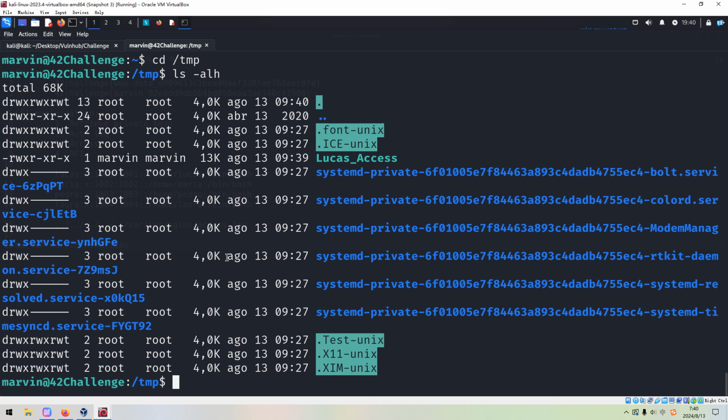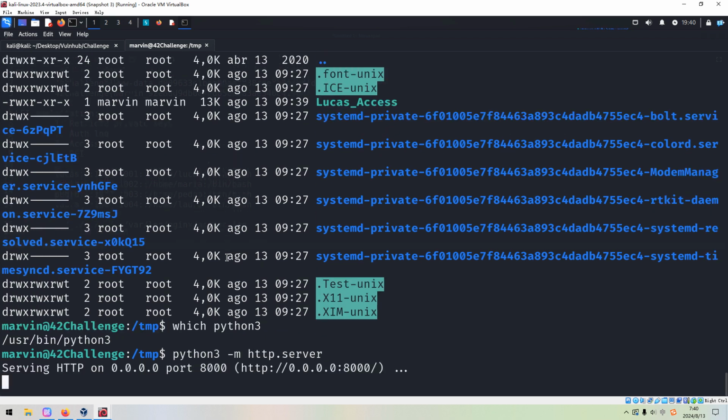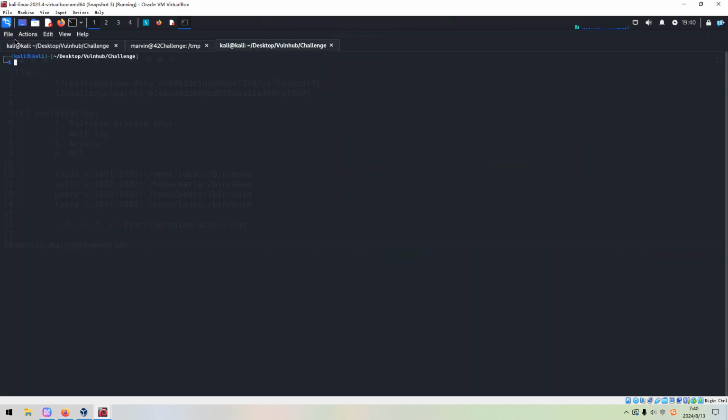And we can use Python. So Python 3 is there. Python 3 set up the web server, and next we can download this file to the Kali Linux. Make the font bigger, and then we can use wget.